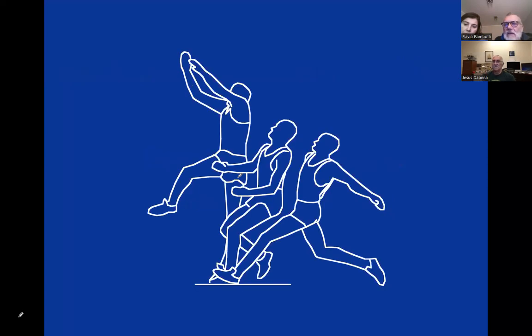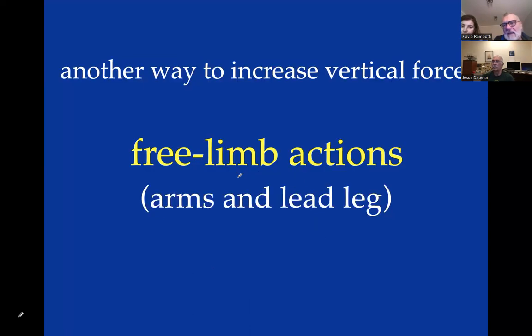So, Professor, just one question. So you define together arms and the leg, free limb. Yes, they all are free limbs. You have one not free limb, which is the takeoff leg. It's attached to the ground. But then you have the swinging leg and the swinging arms. Those are the free limbs. So except for the takeoff leg, three. Right. Good. Very good.